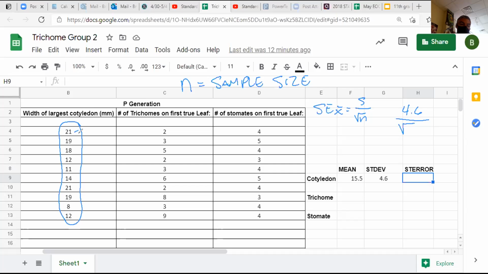So just count them with me. I'm going to put a little tally mark. It's 10, that's right, it's 10. So what's the square root of 10 in that case? What is the square root of 10? Ali, what is the square root of 10?